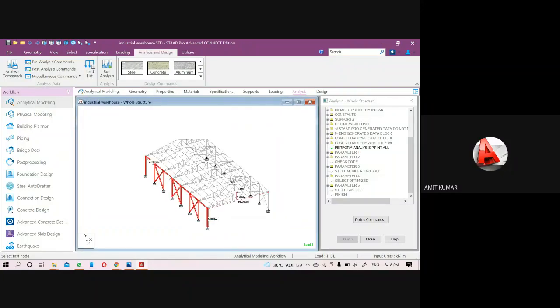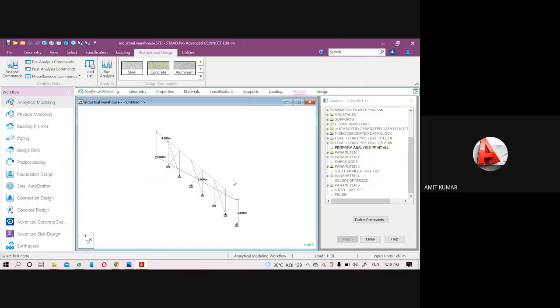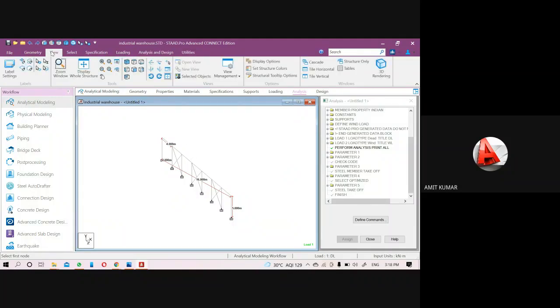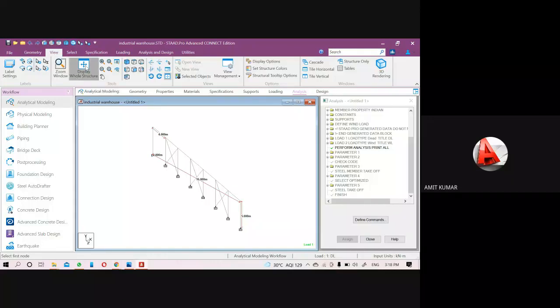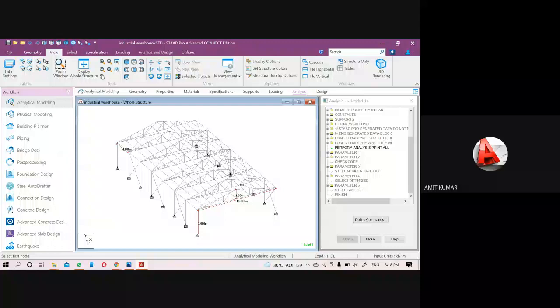But if you click on display the view in the active window, that means now you can see this view only. And after this, if you want to see the whole structure again, come to the view menu. Here you will get an option display the whole structure. So for the bracing purpose, I just select the side view and open it in the new view. Then I do the bracing here. And then I select the view menu again and click on display whole structure, so that you will be able to see the complete structure once again.